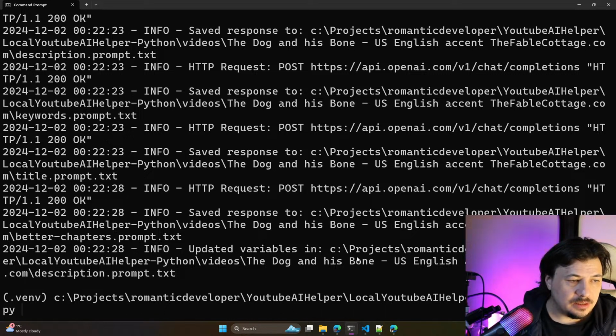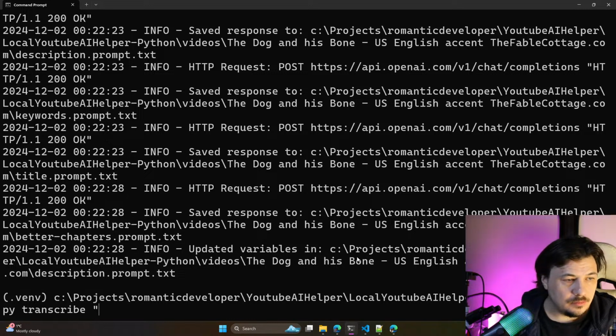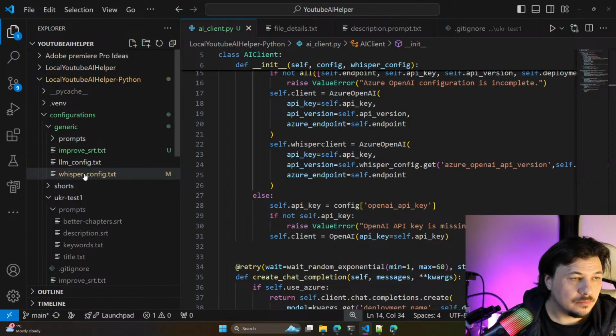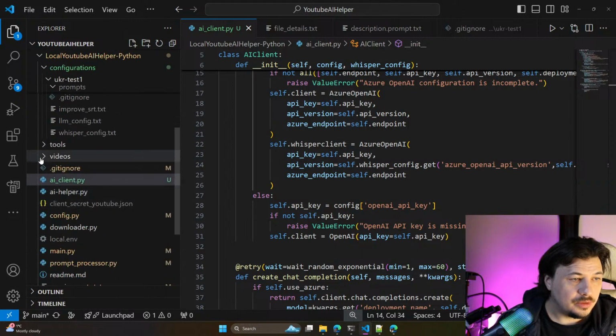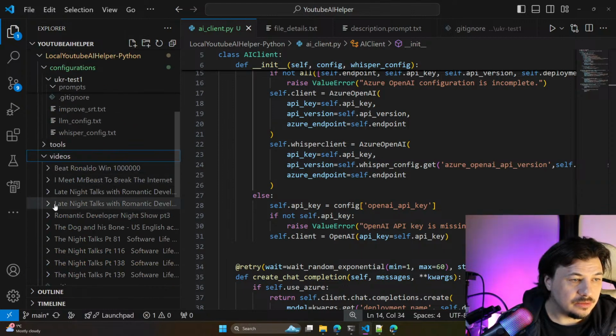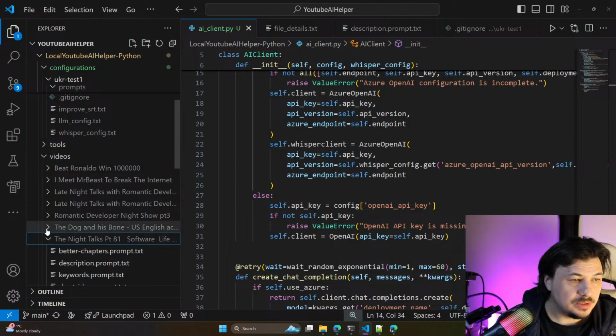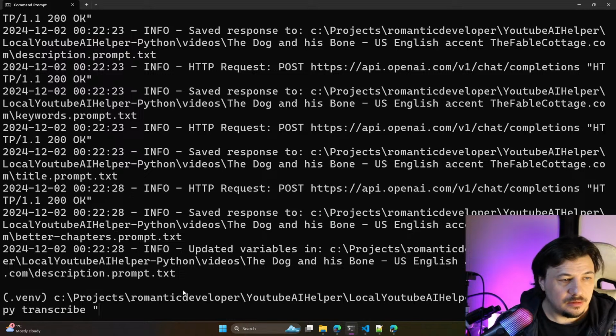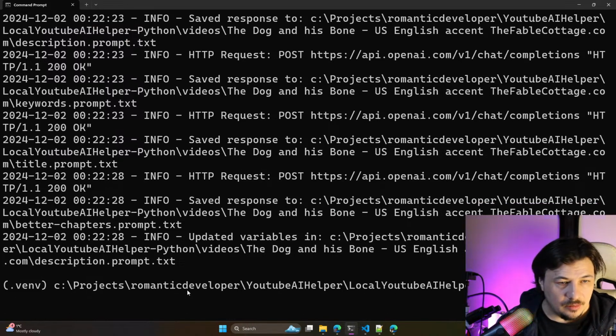Okay. So let's try transcribe, and let's find that folder. It would be the folder with the dog and his bone. Copy path.